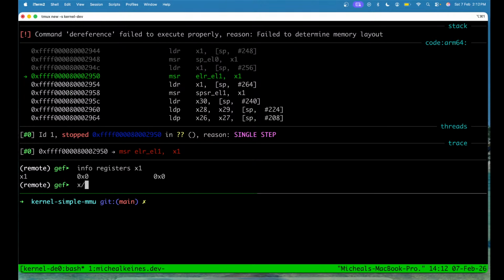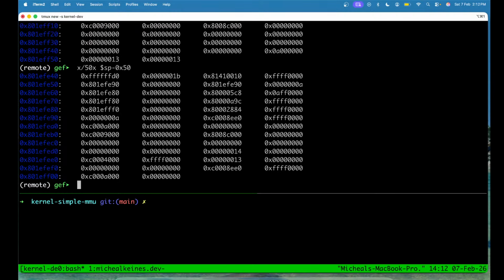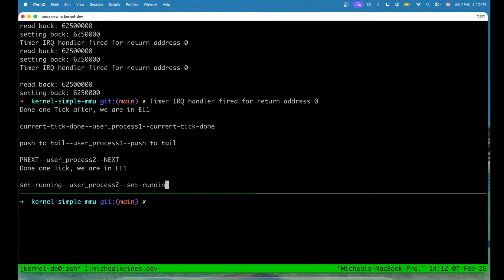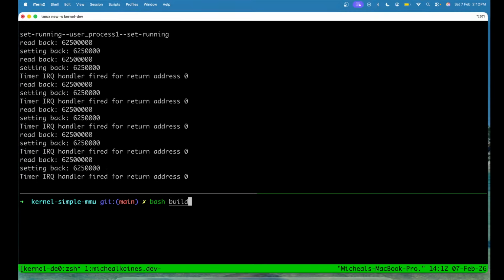0x50 from sp. sp plus has a lot of stuff. What about sp minus 0x50? That also has, wait. Let's just kill it